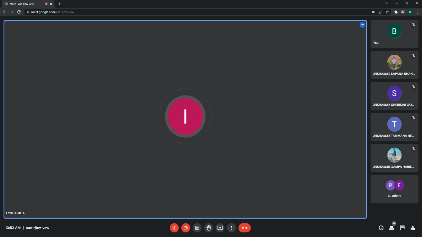Two sets are going to be prepared by the subject in-charges, and you are going to write any one set. Nobody knows which set will come. Today if you got set 2 in one particular subject, tomorrow there won't be any guarantee that you will get set 2 only. Set 1 might be the starting set in that particular classroom. Don't think that if in the first exam I got set 1, I will always get set 1. It's not like that.